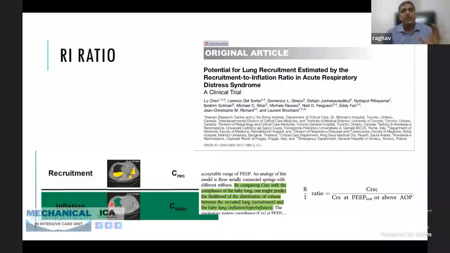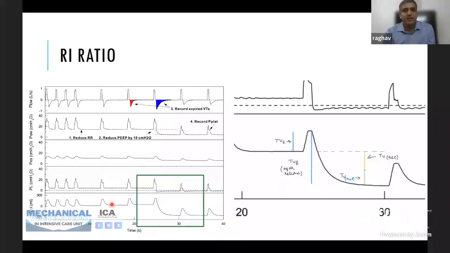This maneuver can be done on any ventilator at the bedside. For this, we require just 2 minutes and a very simple maneuver, which includes decreasing the PEEP suddenly from a high level, for example 15 to 5, a difference of 10. This sudden drop in PEEP will lead to release of the trapped volume, which is causing inflation or recruitment at the level of PEEP of 15. And this volume is measured by the ventilator in the next breath.